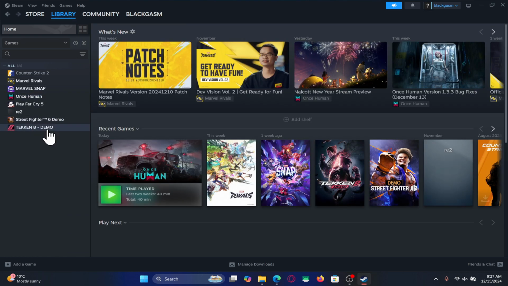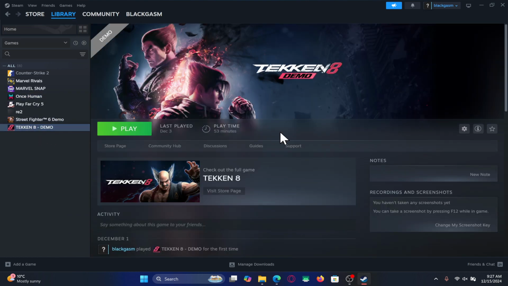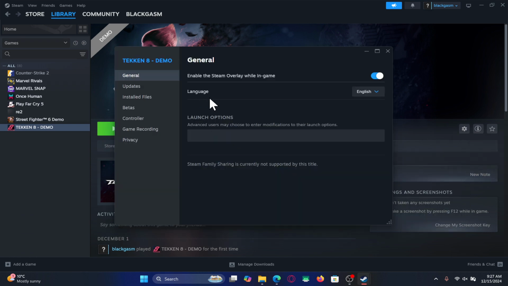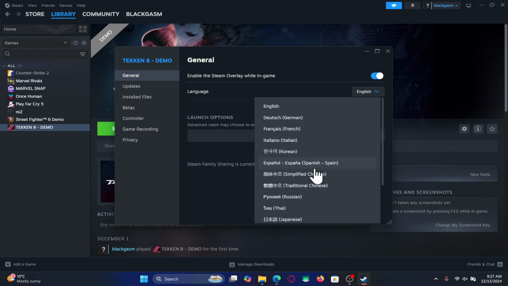From here, click on the Tekken 8 game, and now from the game page, click on the gear icon and then click on Properties. Now within the Properties page, you will see the language drop-down menu. Click on the currently chosen language, and now you can choose from the list of various different languages that are